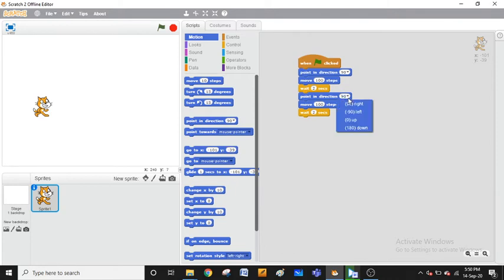It should go right. That's done, now it has to go up, so for up I set it to 0. Again I am taking a duplicate. Up is done.